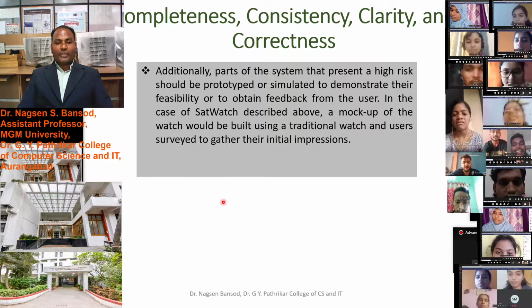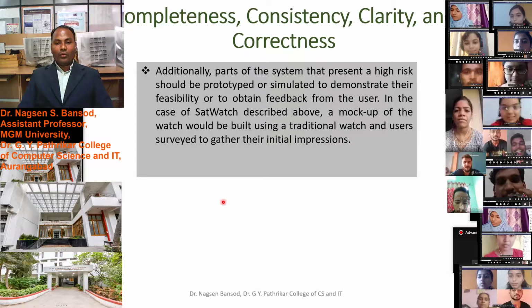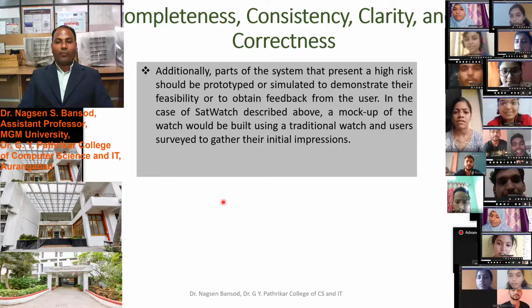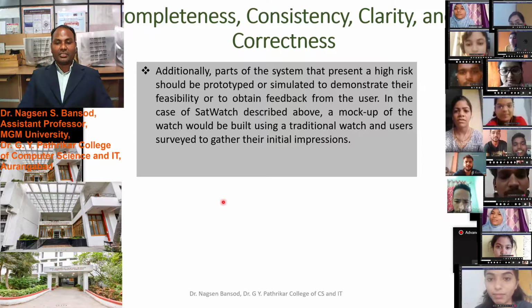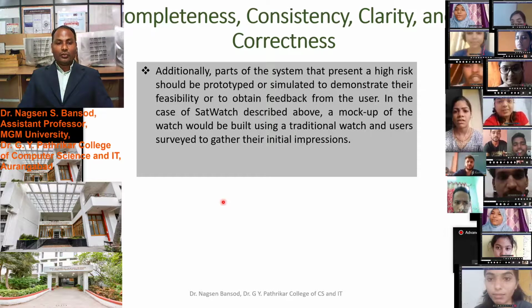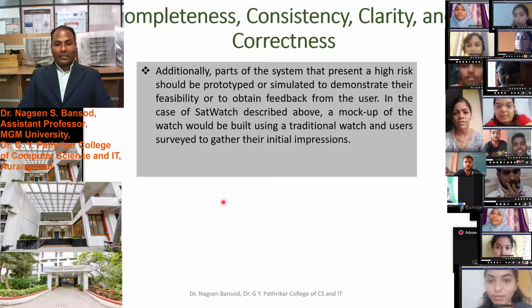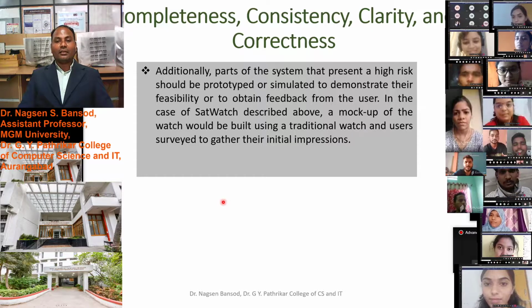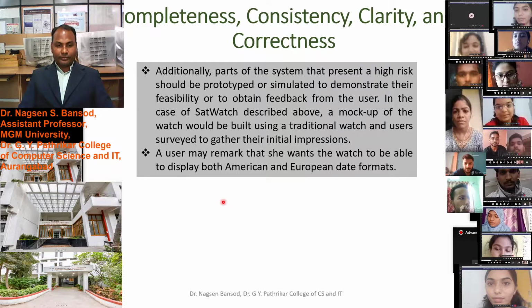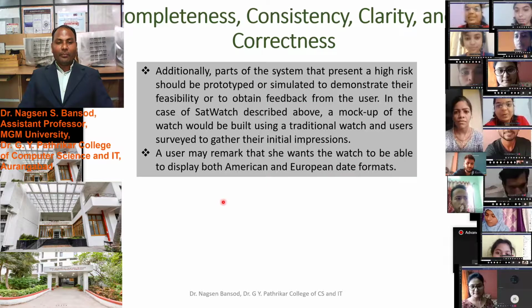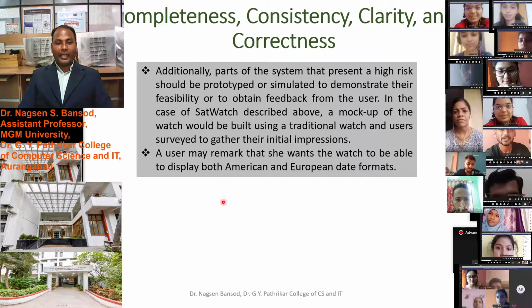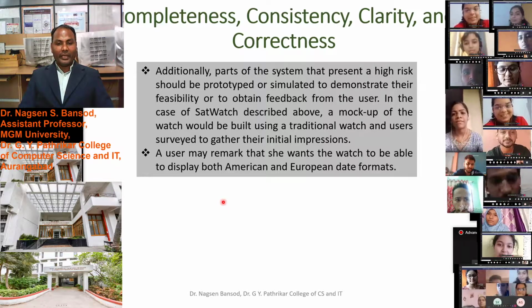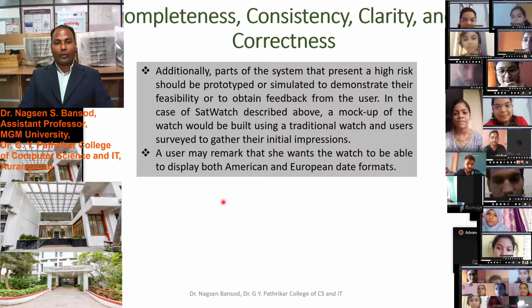In the case of SatWatch, described above, a mock-up of the watch would be built using a traditional watch, and users surveyed to gather their initial impressions. A user may remark that she wants the watch to be able to display both American and European date format.